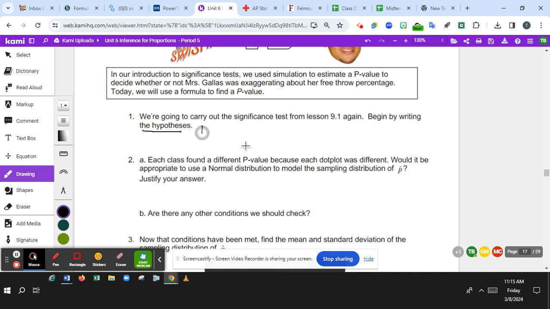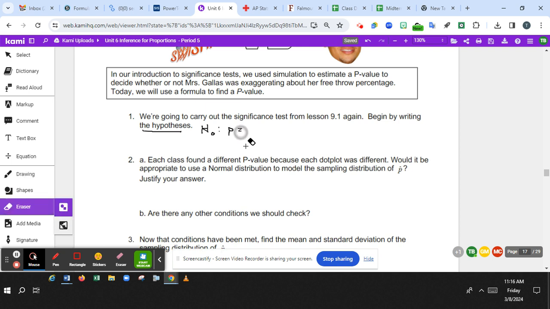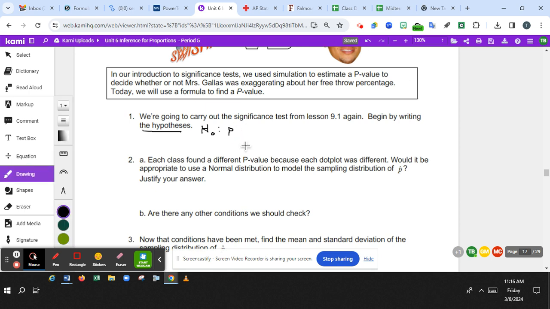So remember, the null hypothesis is H sub 0, and it is always a parameter, no hats to be worn. So P equals, and the claim was that she was an 80% shot. The alternative, which we thought was that she was less than an 80% shot. Okay. And remember, we're going to use the context of the problem to come up with what our